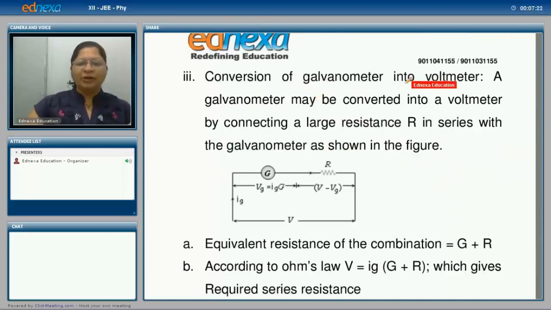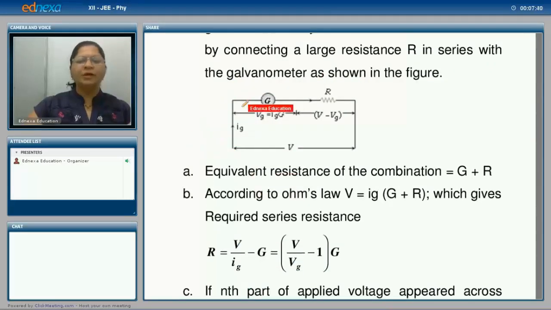Now how to convert a galvanometer into voltmeter? As said earlier, a galvanometer may be converted into a voltmeter by connecting a large resistance capital R in series with the galvanometer as shown in the diagram. Now here the current flowing through galvanometer as well as the external resistor R will be same, but it will produce different potential drop across it, and therefore Vg is equal to Ig into G,